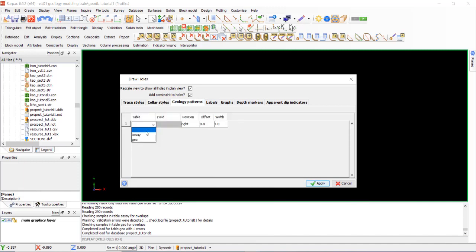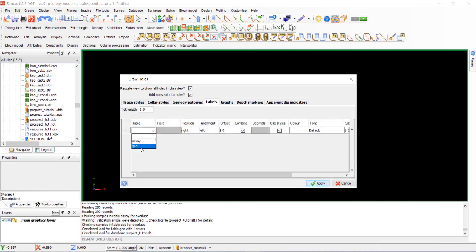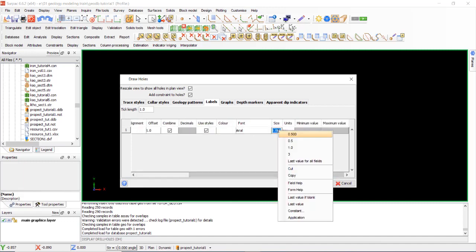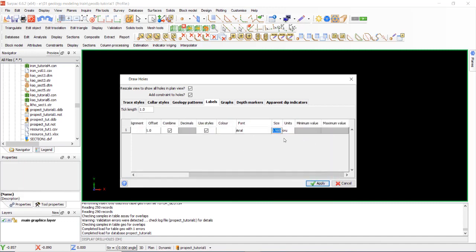Geological pattern is geology, litho, label starts from geology, litho, default is Arial, font size 0.5.